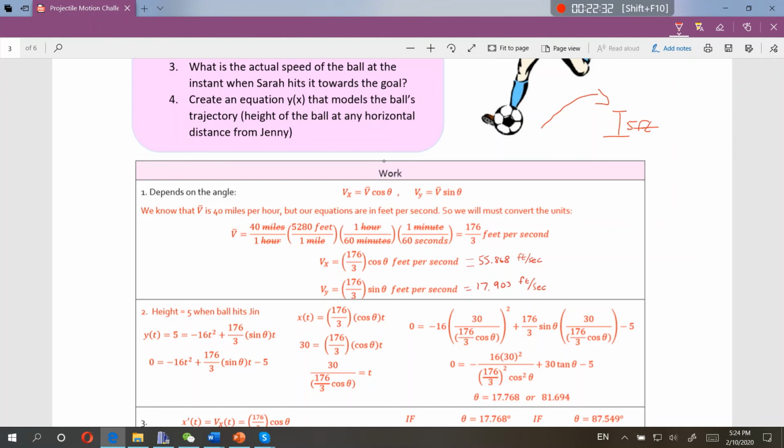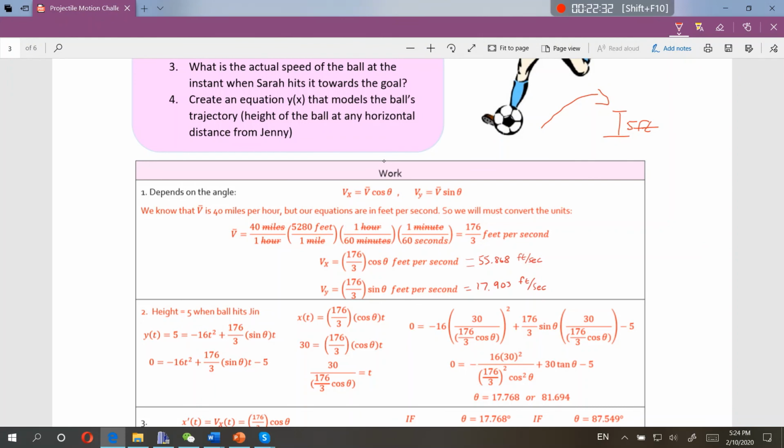So I can use Pythagorean's theorem again to figure out what the total magnitude of her velocity would be at that point. And once I have done Pythagorean's theorem, we can figure out the actual speed, so we don't need an angle, since speed is scalar. So we just need that magnitude. Okay, now we do have our time. However,